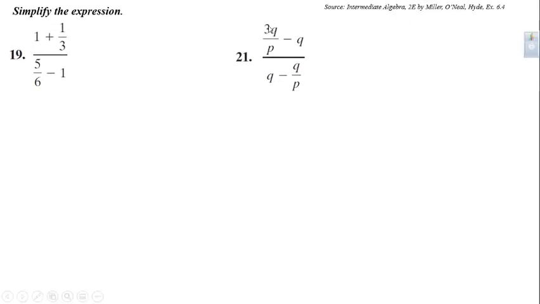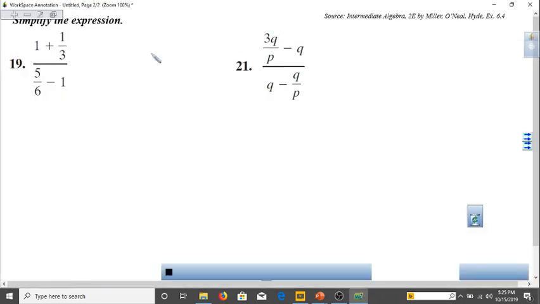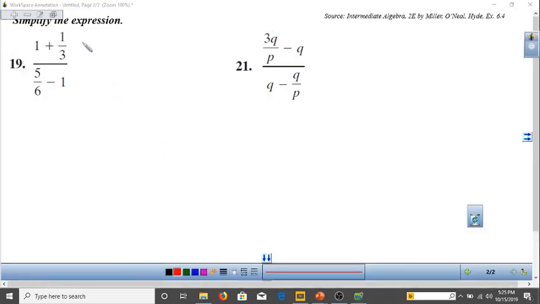Let's take a look at these two examples here. And the process is relatively simple. We look at the numerator and we see that the denominator here is 3. There's a whole number, so that denominator is 1, and the denominator is 6. So what we need to do is find the least common multiple of the denominators of this fraction and this fraction, because the other denominators are 1. So the least common multiple of the denominators, LCD, is 6,